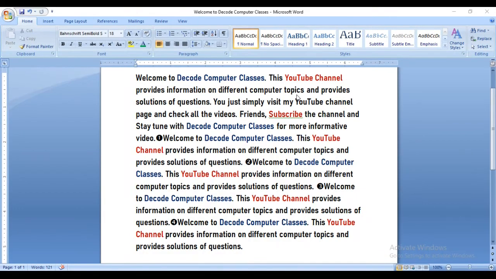This lesson is all about character formatting. In front of you can see a paragraph, and here at the top you can see the ribbon of MS Word. We will start from the font settings. Different font settings are here, like bold, italic, underline, strike, subscript, superscript, and different cases available. So let's see them one by one.